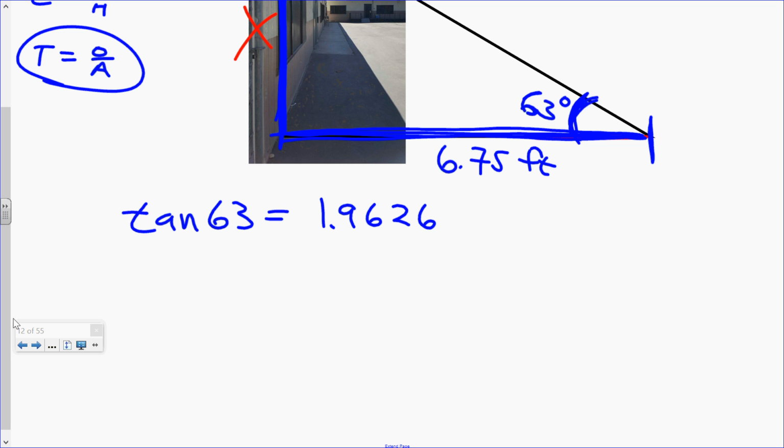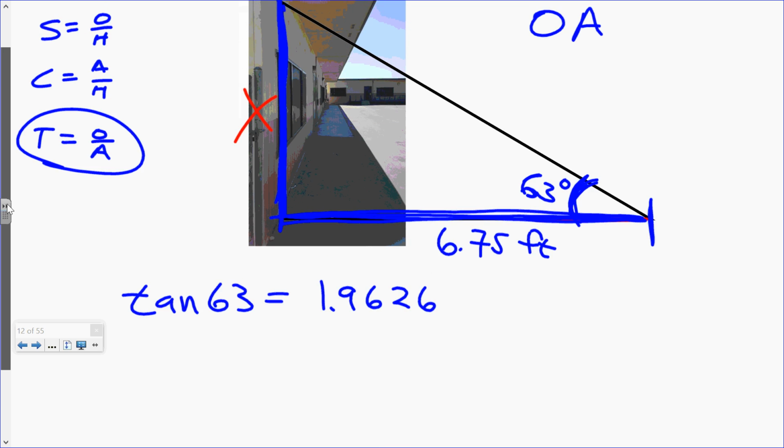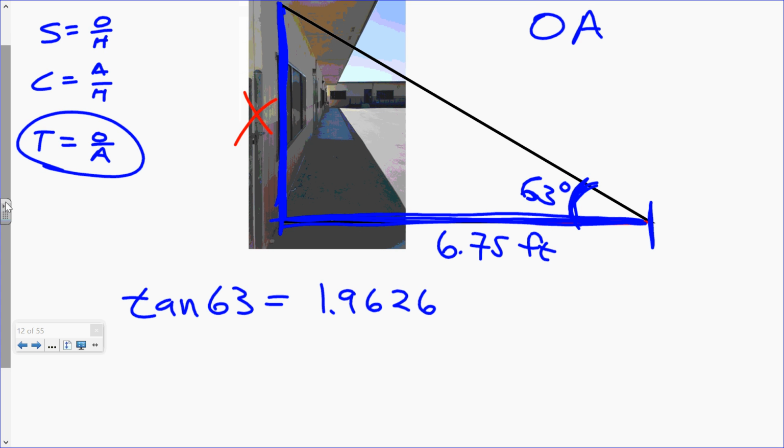Does everybody get that? Salazar, we're good? Tangent of 63 degrees. No God? Tangent of 63. But you guys get that? All right, now watch this. The calculator's telling you something. The calculator's saying, look,